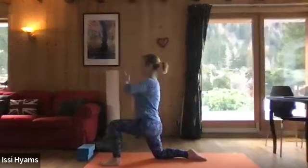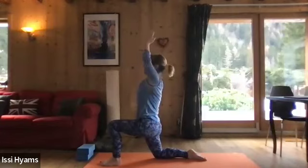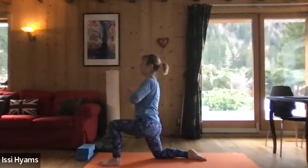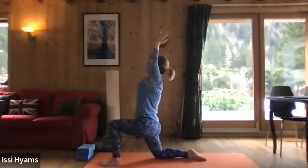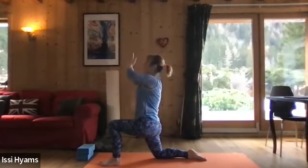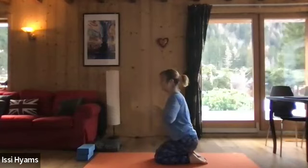If you're finding you're wobbling, watch that you're definitely on the train tracks here, that your legs are in line with your hips and they haven't come too close, so that if you're in a sort of tightrope, then you will wobble and fall. So widen the stance a little bit if it helps. Bringing the hands down one last time to heart center, stepping back with that front foot, sitting down, taking a